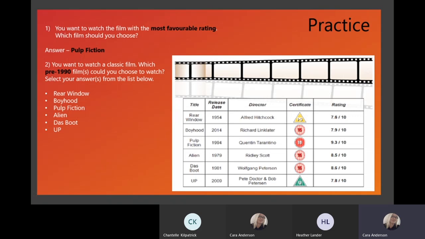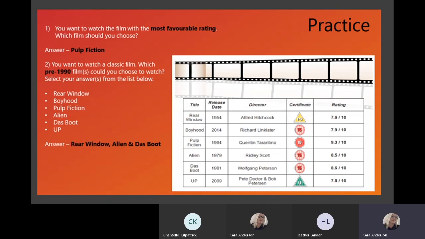Okay, so Chantel's gone Pulp Fiction again. Heather's gone 3. She's gone Rear Window, Alien, and Dance. Yeah, spot on. Well done. So yeah, the key information on this one, this is an example of not necessarily a catch-out question, but they've put information in there that's irrelevant because they've referred to it being a classic film. There's nothing in that advert that says anything about them being classic films, and that's